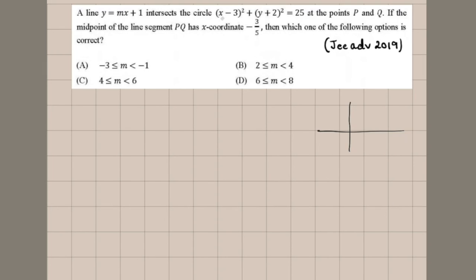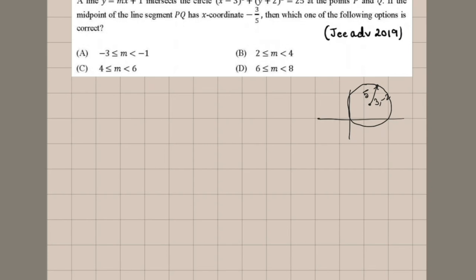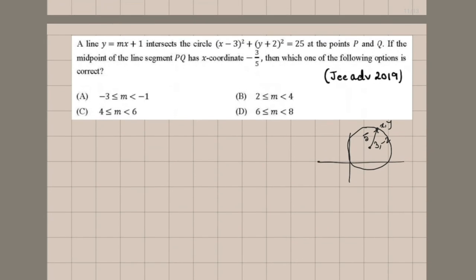See, this is nothing but the distance between (x, y) and (3, minus 2) equal to 5. So the center is (3, minus 2) and the radius is 5. Let's take a random point on the circle (x, y) such that the distance between (x, y) and (3, minus 2), which is root over (x minus 3) whole square plus (y plus 2) whole square, equal to 5. Root over 25 is 5. You don't need to know even this to solve this question, but I am saying to imagine how this problem is.